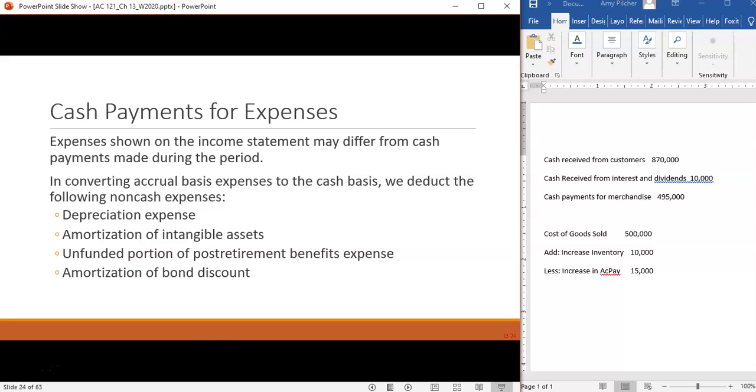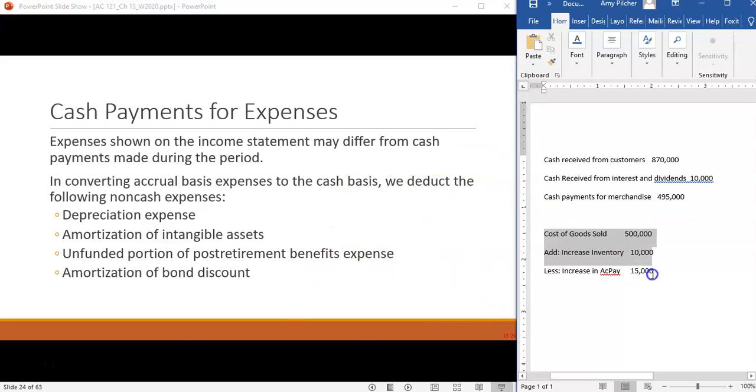So we have non-cash expenses such as depreciation expense, amortization, any unfunded portion of post-retirement benefits, or an amortization of a bond discount. And then we also have cash expenses such as any accrued liabilities that we have if we have salaries payable or changes like that. So when we're looking at our cash payments for expenses,